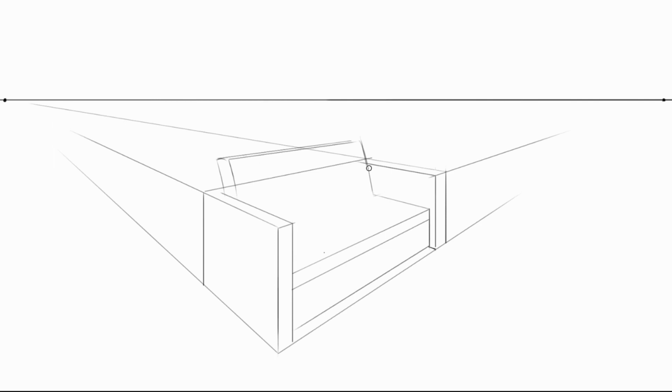And from the corner just connect using the right side vanishing point. So it's basically the sitting area, and here is the backrest. Again erase extra lines. So right now it's looking like a sofa, but we have to add detailing to it.